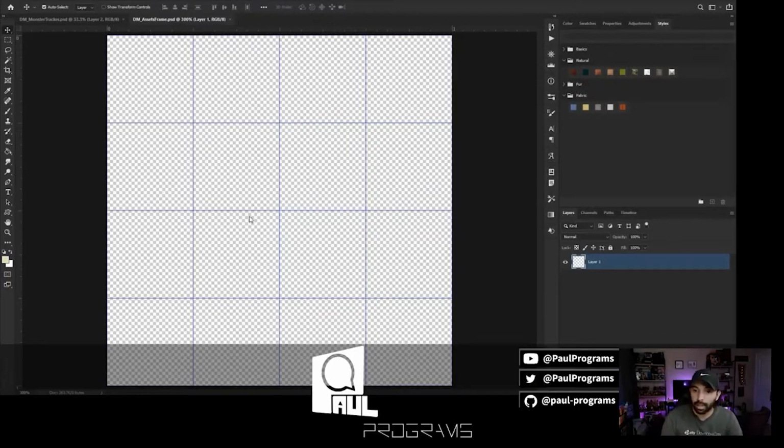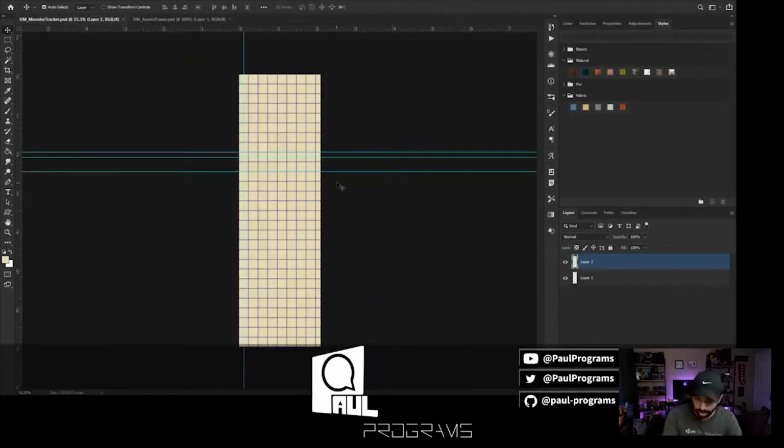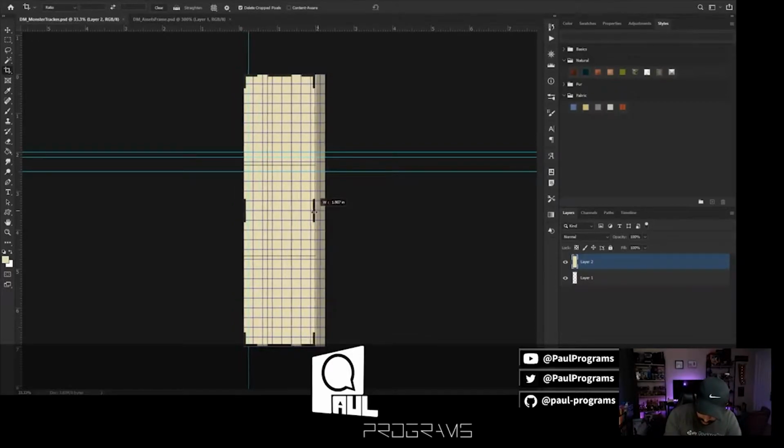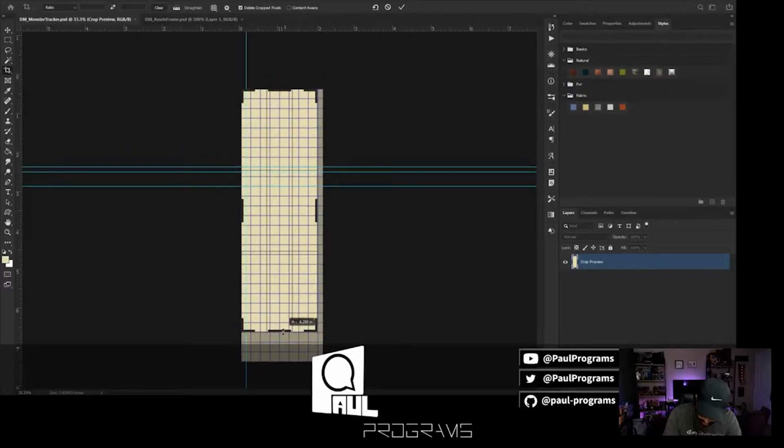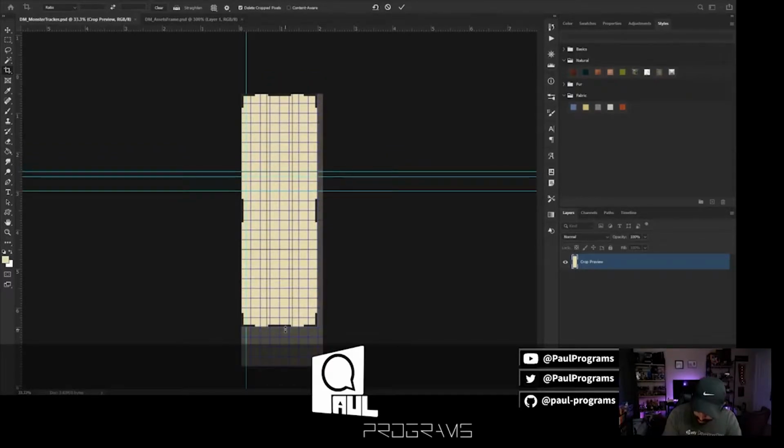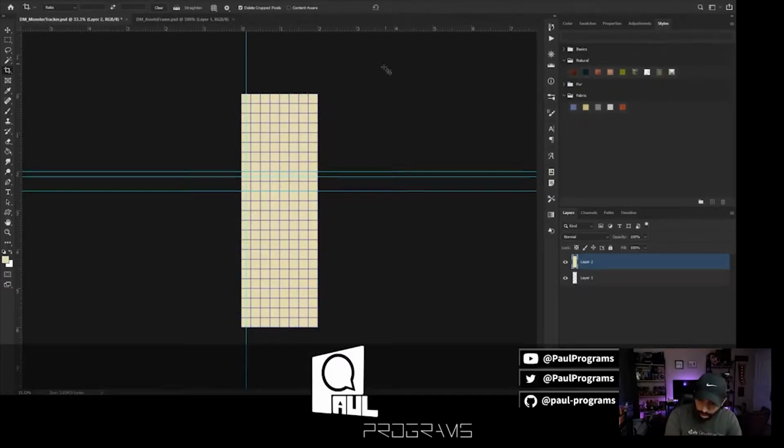So I am in my drawing screen. Actually, let's show what's going on here. Here I have what I was working on, which I could crop down a little more. I feel like 2 is a nice width, just because it allows evenness, and then we'll bring this up to 6. Alright, cool. So basically the idea is that this would be put over your DM screen,